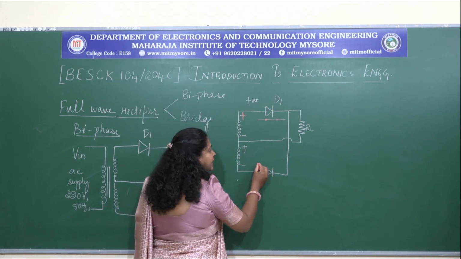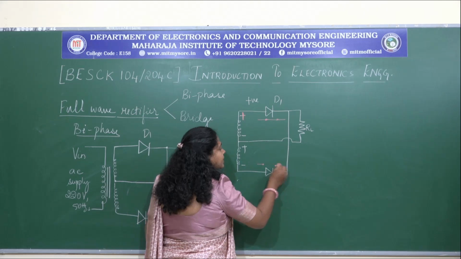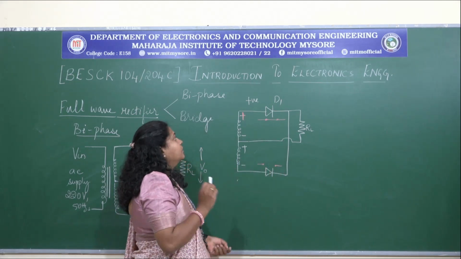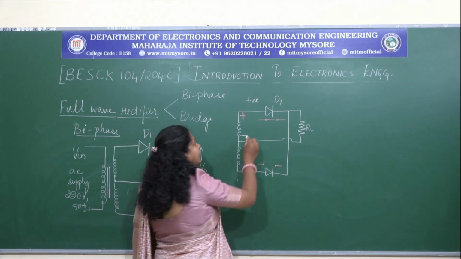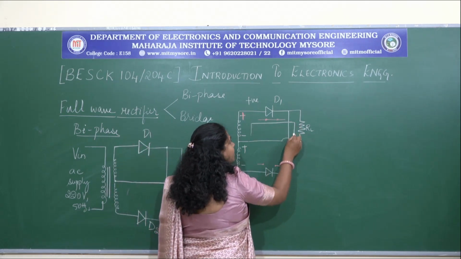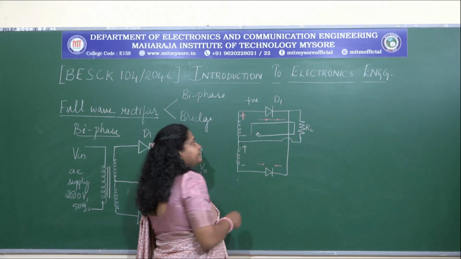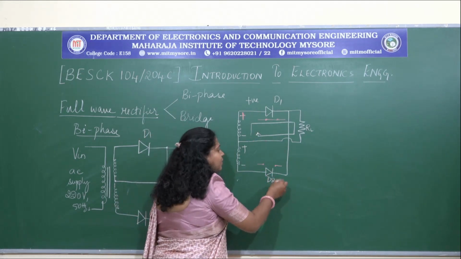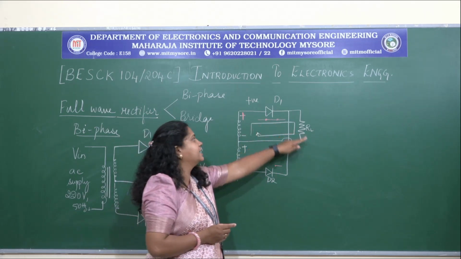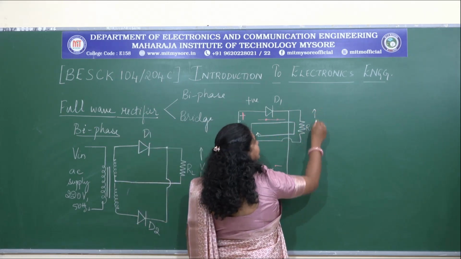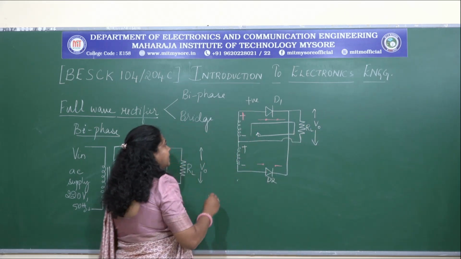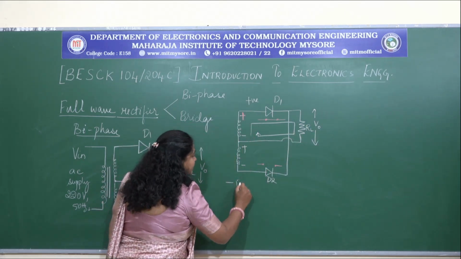Similarly here, negative is connected and the anode terminal is present, so here it will be open circuited. So the path for the flow of current we are going to choose is from here to here. It is not because of diode D2, it is only because of diode D1 that there is output available across the load resistance. Similarly, during the negative half cycle,